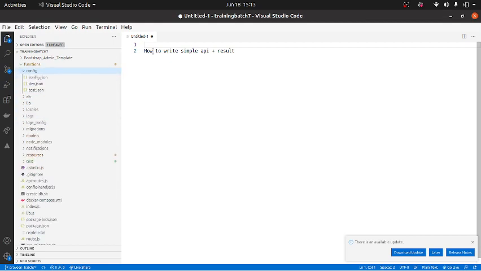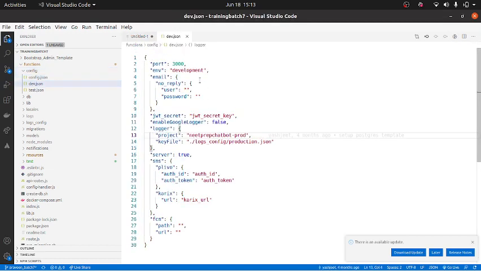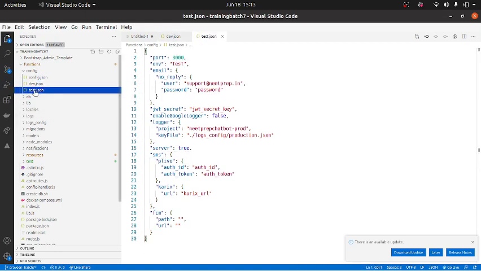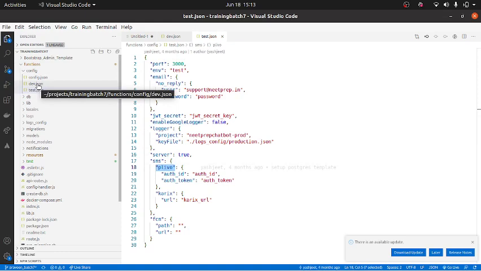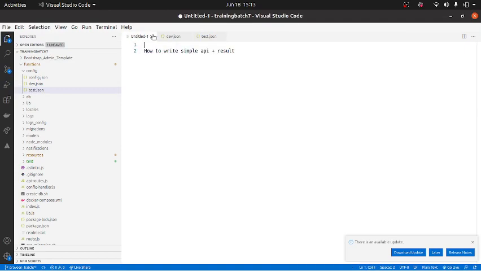Config is where we have different configurations. For example, if there is any configuration related to the dev environment, such as which SMS provider I should send SMS through in dev, and similarly which SMS provider to use in the test environment, you can have an environment-specific configuration file. Do you understand what these things are, guys? Okay.